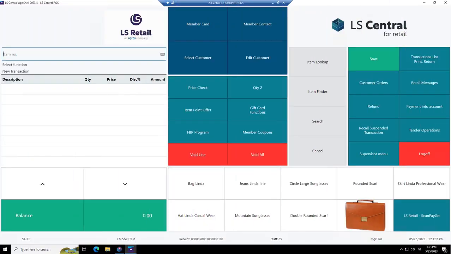All sales that are done in the POS are registered into something we call the transaction register. In the transaction register, you will see every detail from the sale. You will see in which store it was done, in which terminal, who was the cashier, was there a manager login because somebody needed to do that, was it a voided sale, was it a training sale? Everything is registered in the LS Central system.